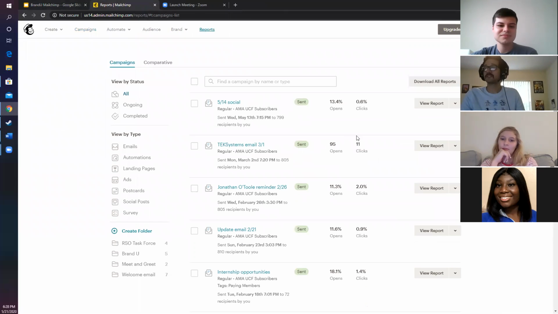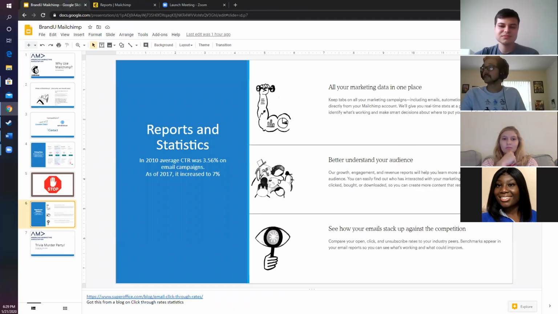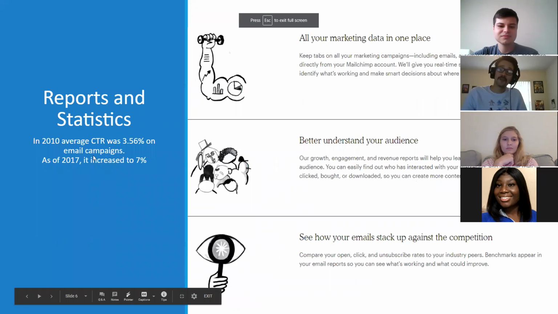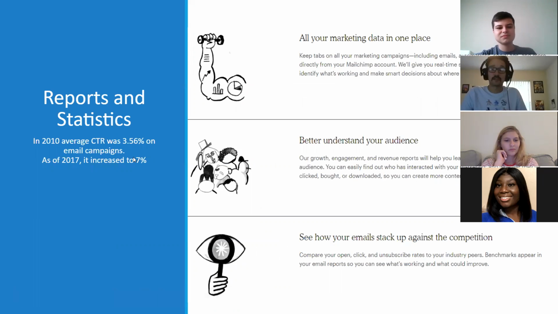And I know what everyone always thinks is, well, if your click is, like 11.8% opening and people are barely clicking on it, it's tough nowadays when it comes to sending out emails. And to be fair, with the stats that I've seen and looked up, in 2010, average click-through rate of someone actually clicking an email was 3.56%. As of 2017, it increased to 7%. So the good thing with us is we're having about 11 to 13% of our members who are opening the emails and fully reading them to understand what's going on. And I think that really matters when it comes to click-through rates and making sure that your emails reach out to people.